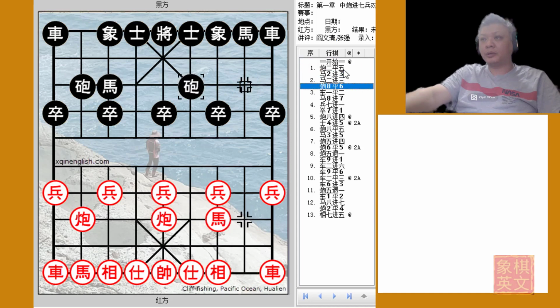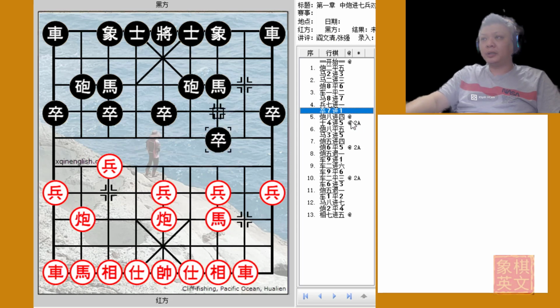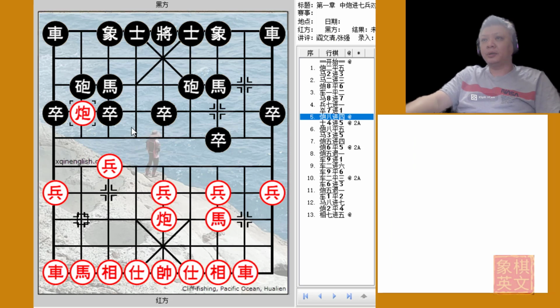Central cannon, pale corner cannon, sandwich of defense, red's b7 plus 1, black counters likewise, and today we will be discussing c8 plus 4 or red's cross Riverbank cannon variation. Now this will be the topic of discussion for today, and with this move red will double down his attack